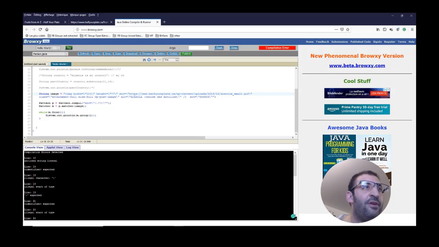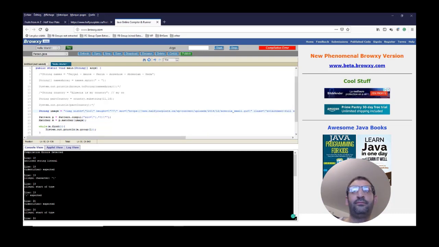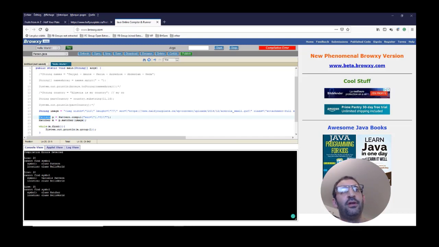The first error, it is not the class. The first error I have is unclosed string literal. Okay, it doesn't like the string made like this. So to fix this error, I make it in only one line, or I can make it like this, plus, I think it's plus. No. Oops. Let's see now if it's good for it. Okay, it doesn't like this, so I remove this, and I will put it in only one line. So let's see now. Okay, it's okay for the string, but I don't have the import for the Pattern and